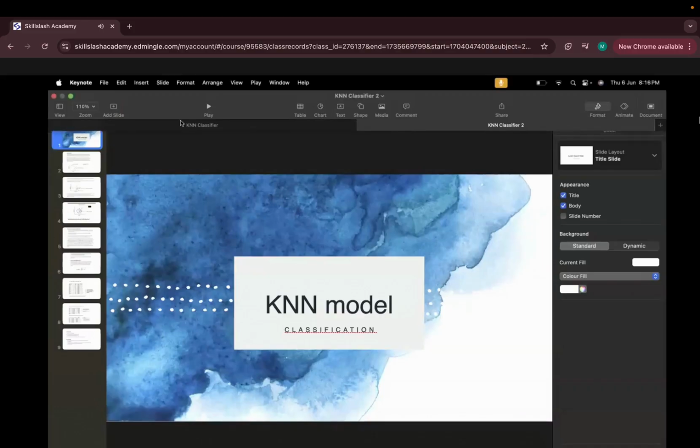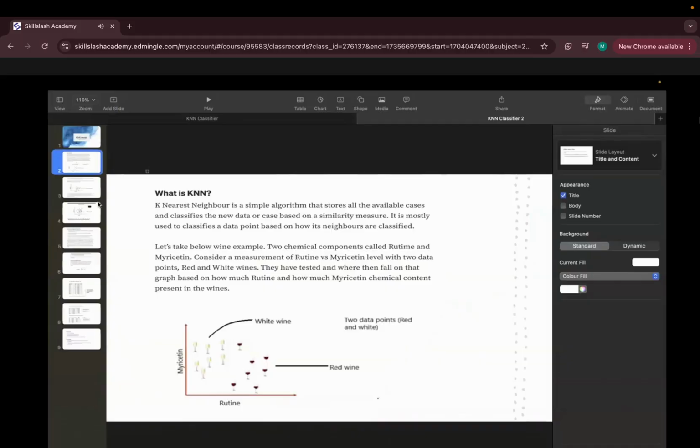Since this is for the classification type of data, the k nearest neighbor algorithm works for classes, which means you are going to have all the input columns, and by the end of that, you will have one target column. The target column is something which we need to predict, and it is the target column which helps us decide whether to choose a classification type of model or a regression type of model. That is the only column responsible for the judgment of model selection.